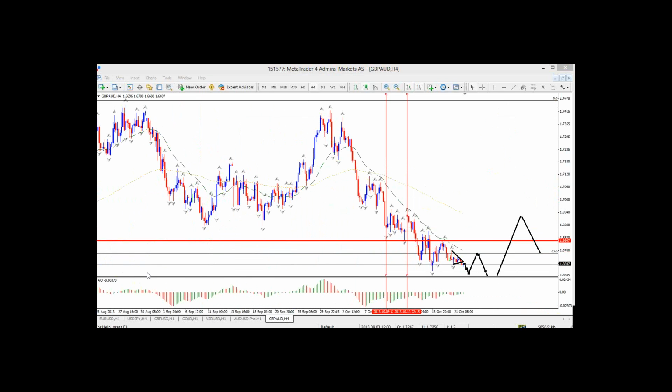Now, how do you identify that? Well, first of all, you can look at impulse correction to have an idea of the count. But you can also take a look at the oscillator, because the oscillator should give us the confirmation of that count. And I think that's the vital tip and trick I would want to give along. That gives the extra confidence, I think, in judging what the count is, because